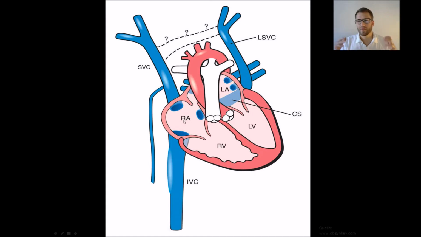There can be a lot of different anatomies and anomalies where the left superior vena cava is connecting to the right atrium, sometimes directly into the atrium, but very often it first connects to the coronary venous sinus. And if you have this, we speak of a persistent left superior vena cava,